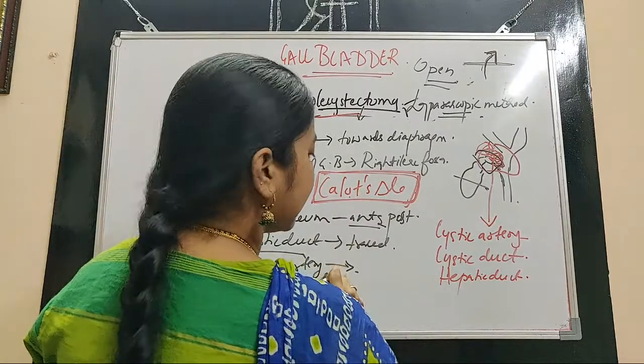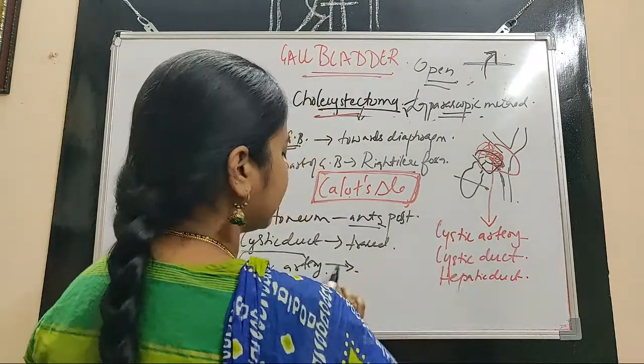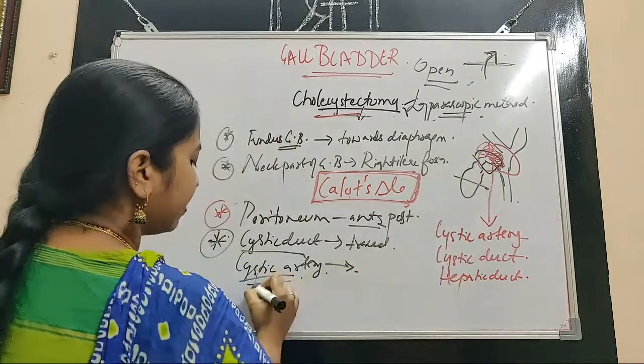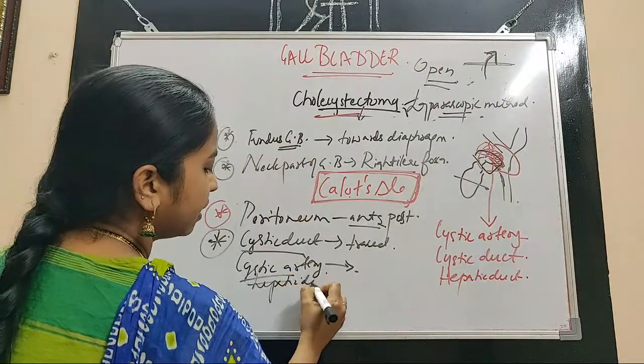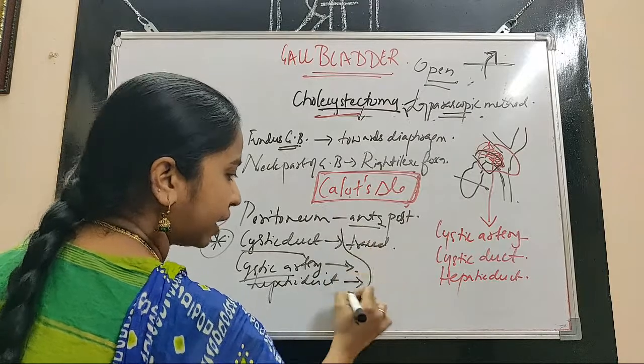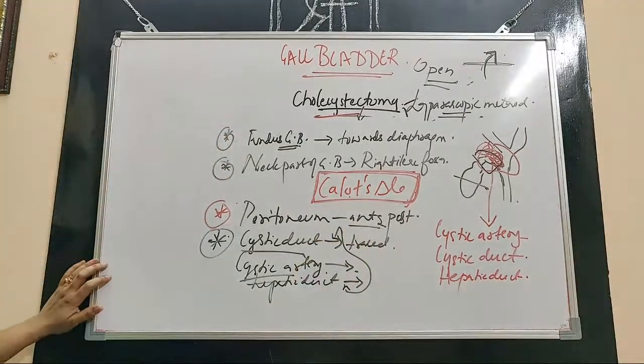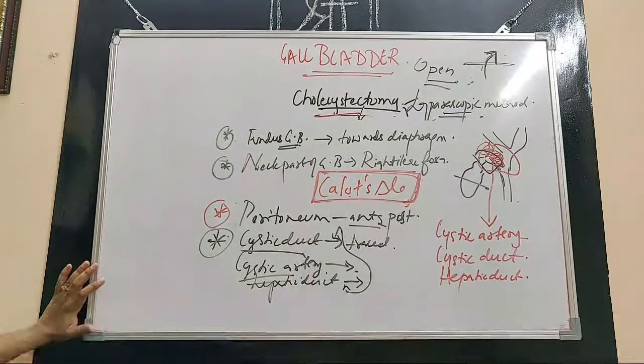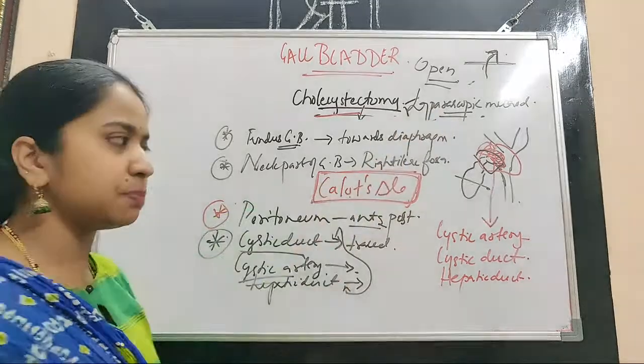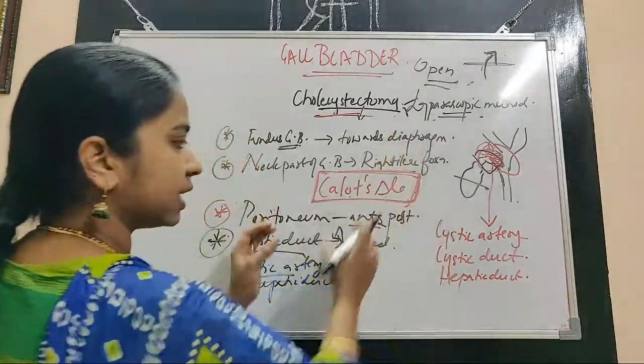So next is the cystic artery. We have to make sure that the cystic artery is also traced, and next is the hepatic duct. Why? Because one of the major disadvantages of a laparoscopic technique is arresting hemorrhage. This is a little difficult in laparoscopic techniques because it is through these small ports that we are